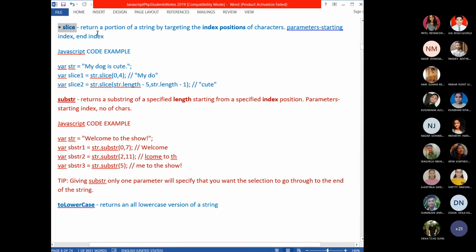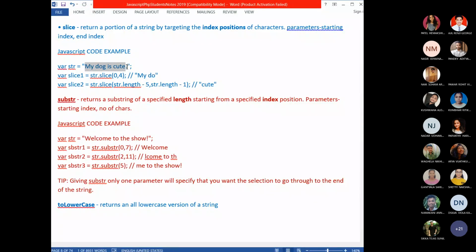Here also, the slice method returns a portion of a string by targeting the index position of characters. That means any substring in the main string that you want to pick, you can take using slice.